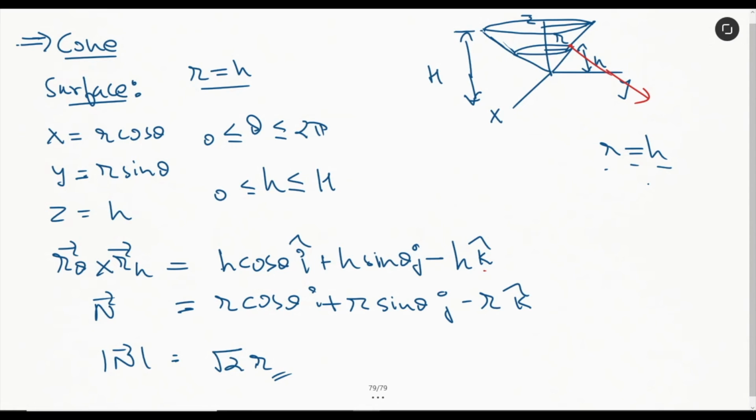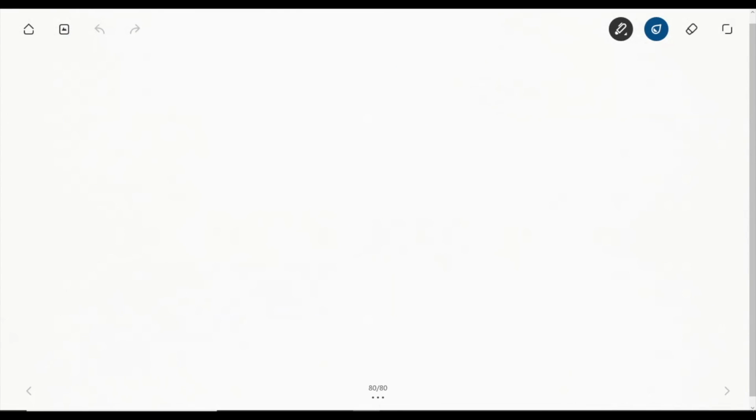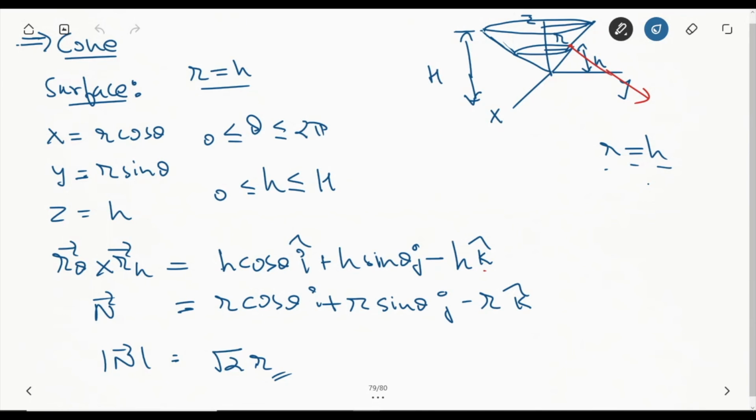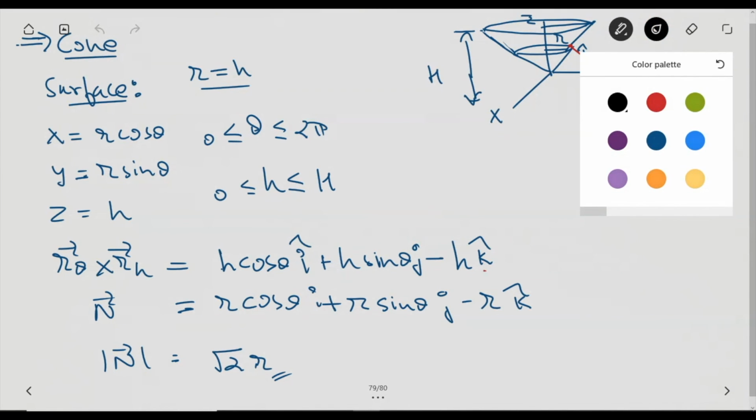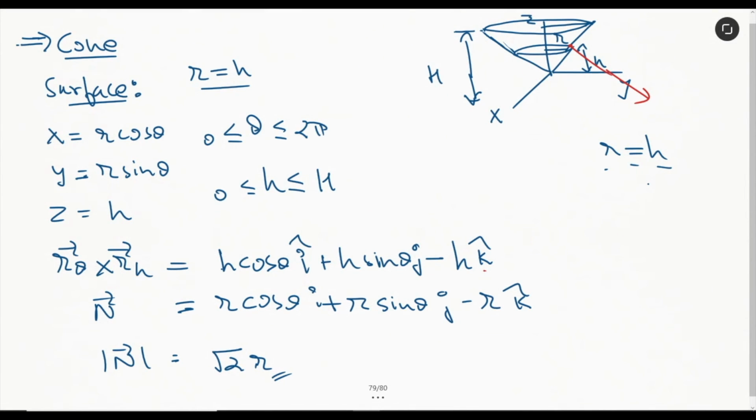You can do the methods we have been doing for the last previous two cases. You can apply the same and you can find it. Other than that, okay, let's write it here only. So in case we have this element for the surface area integration, ds is going to be root 2 times of r into dr d theta, right?